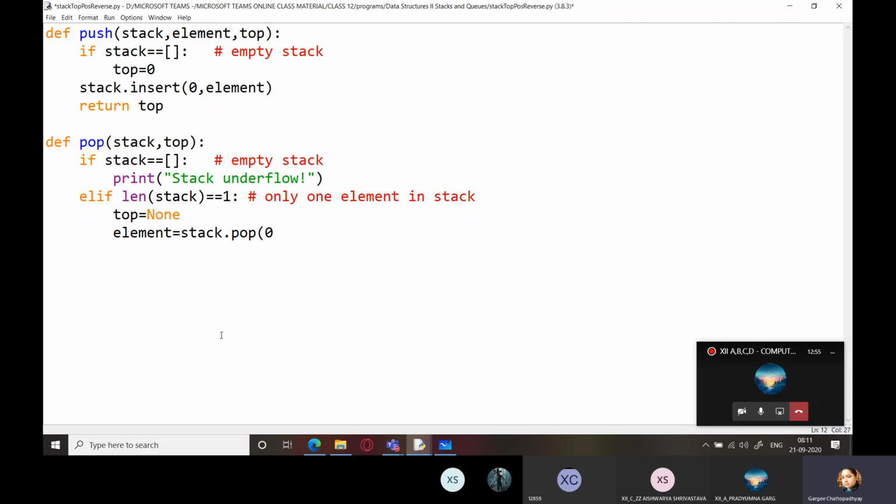Here pop 0 will also work, and if you simply write pop, because that one element is itself having index 0 and -1. So I'm just not going to repeat this statement here. No, sorry. Wait. I'm just taking this value here. Else,